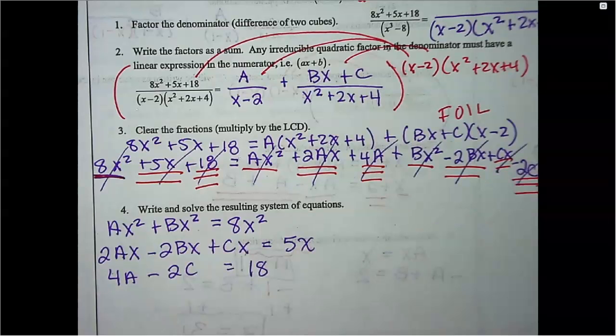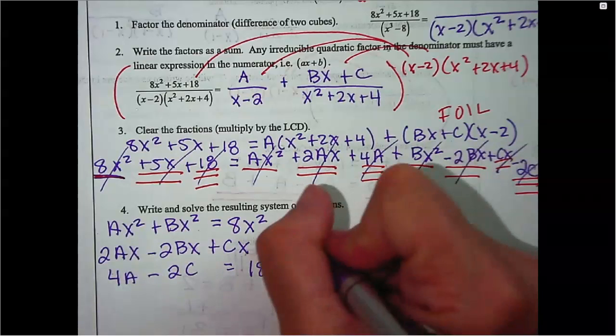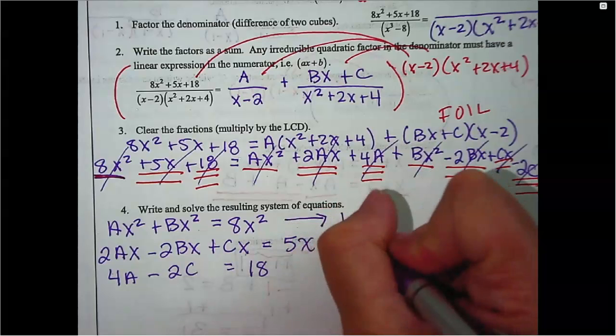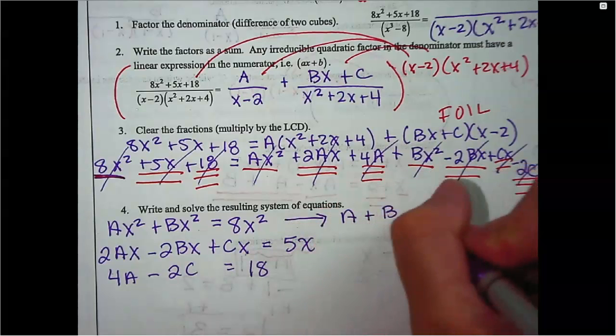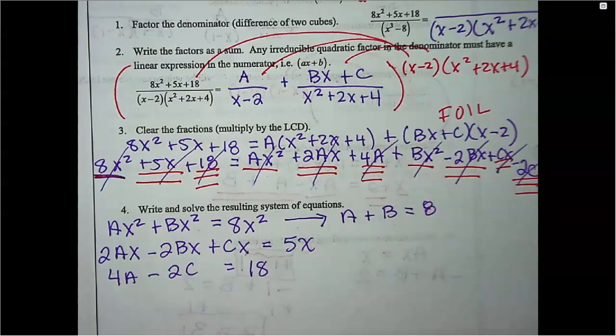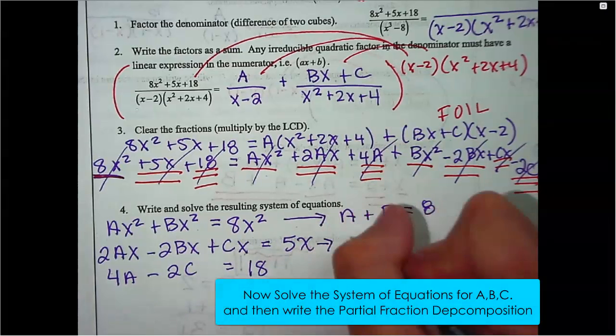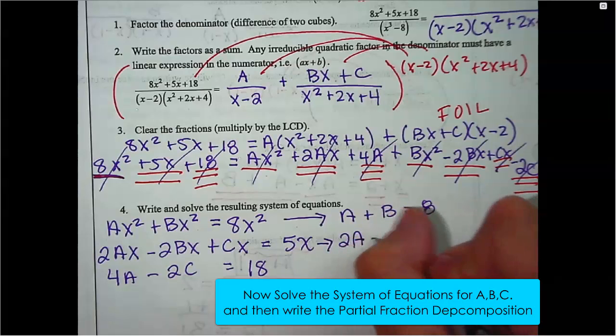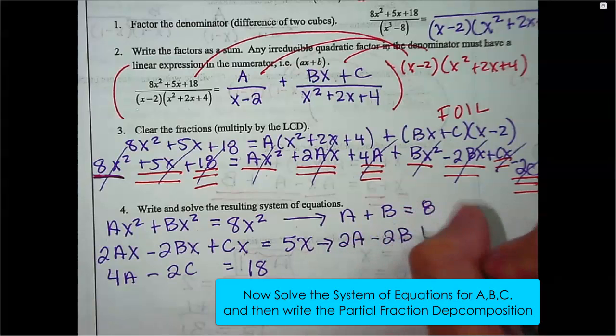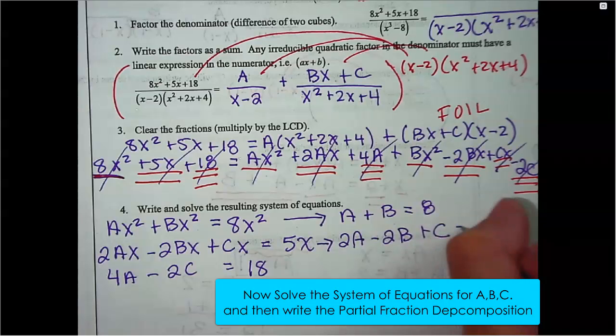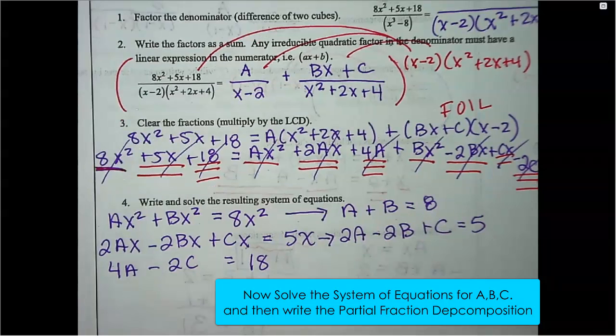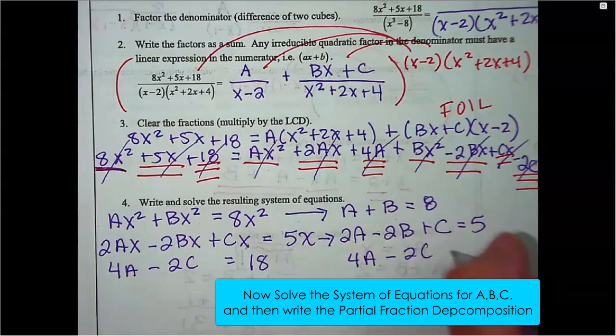All right, first equation. Do you guys notice the x squared will divide out? So divide the x squared out, and we get a plus b equals 8. Second equation, everything has x's, so the x's will divide out. And we have 2a subtract 2b plus c equals 5. Last equation is 4a subtract 2c equals